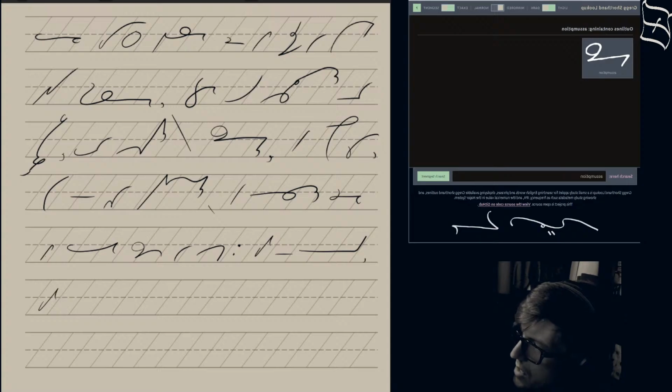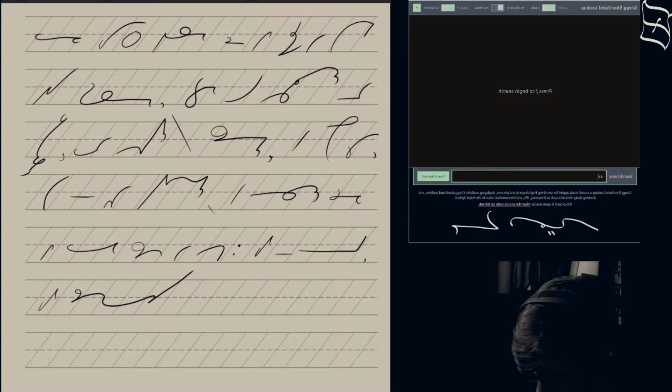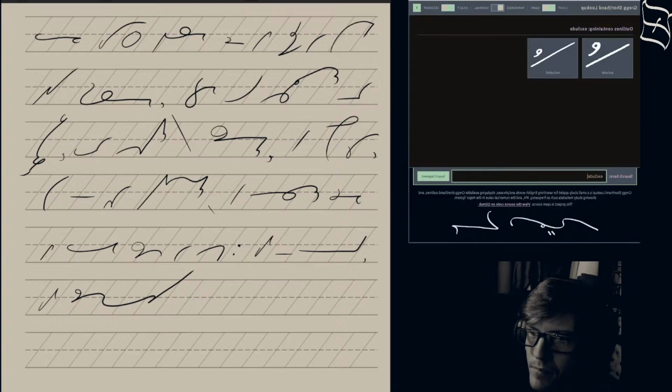What is excluded? Now, excluded, I don't know if, I think I've done it before, so that one would be exclude. Let's see if that is exclude. Ah, even better.